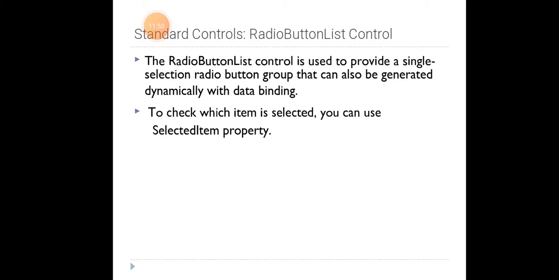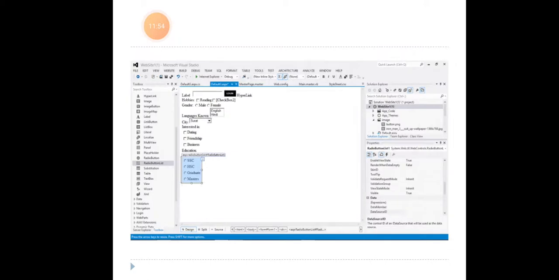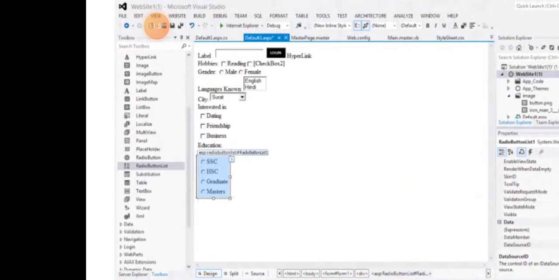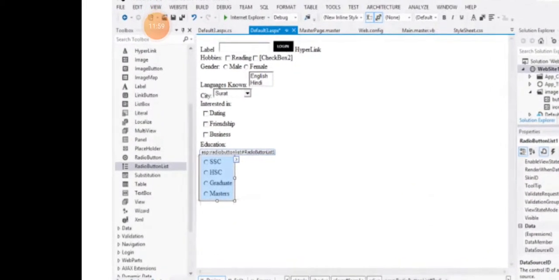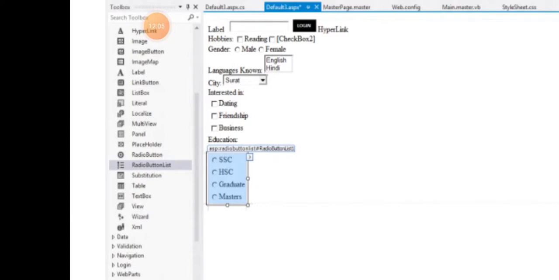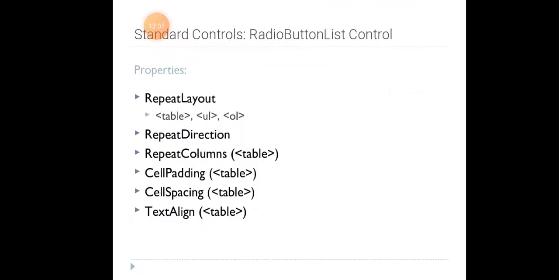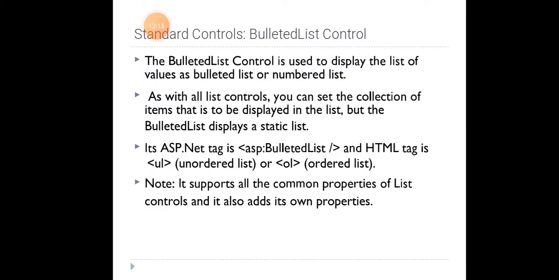To check which item is selected, we see the selected item property in the property box. Here is an example: SSLC, HSC, graduate and masters. Next, the properties of the radio button list control: repeat layout, repeat direction, repeat columns, cell padding, cell spacing and text align.